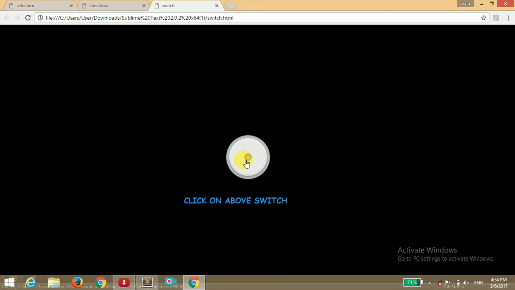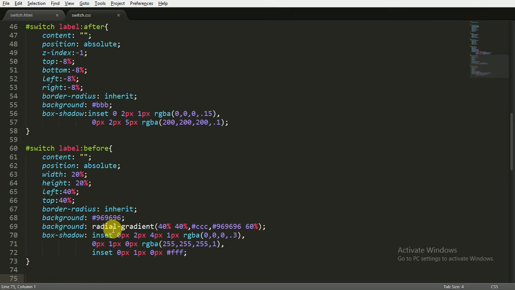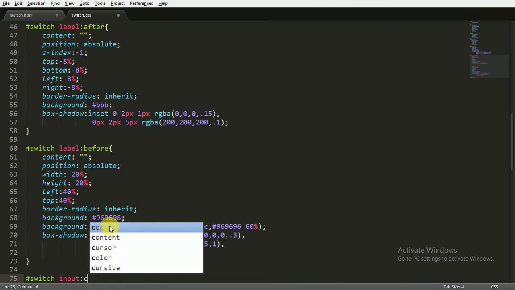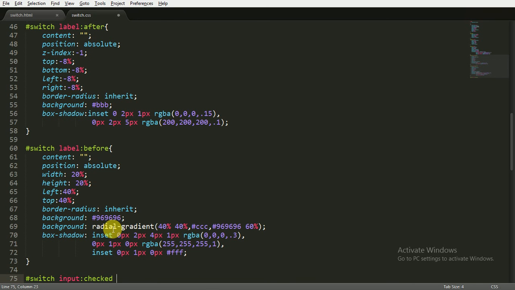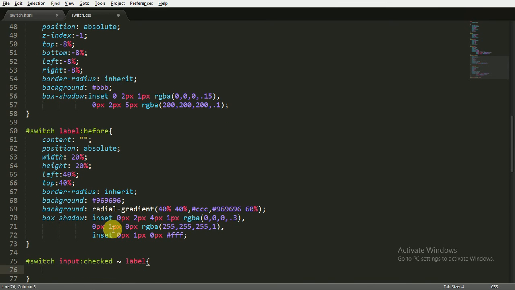You can see this, and when I click on this, nothing happens because we have not written any code for it. So now we have to write the code, and now for the switch, and it's the input which is inside the switch, and when it is checked, we want to change the label. So we have written the sign of tilt and changing the background to FD. Okay,